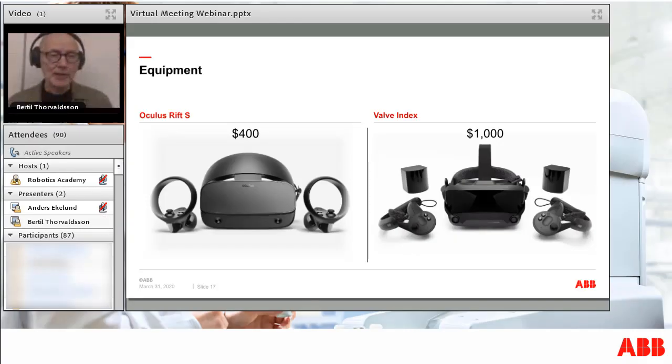Okay. So if you don't have a VR headset already, we would like to make some recommendations. Basically, it's going to be a choice between either something that's really easy to set up or something that has higher fidelity. If you look at the one to the left here, the Oculus Rift S, it's quite inexpensive, and it uses what's called inside-out tracking, which means there are no external cameras or beacons. You just plug it in and you go,